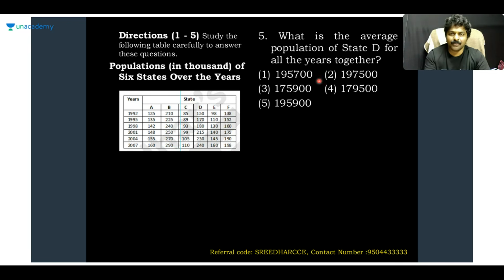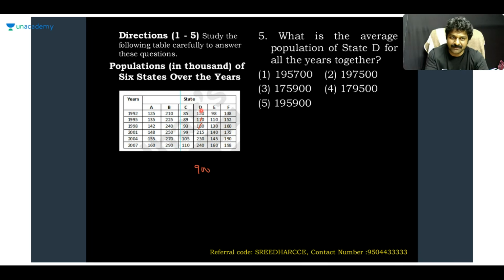Come on. What is the average population of D for all the years together? D for all years. It is hundreds places, 200, 200, 200. Three 200s are there, 300s are there. 3 200, 600 plus 300s, that is 900. Next,